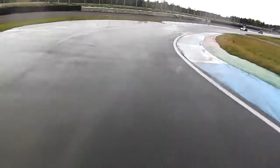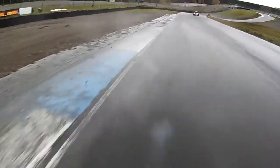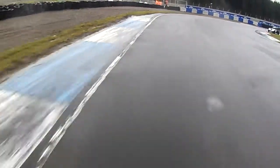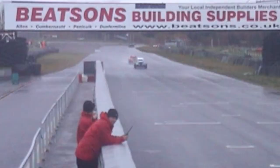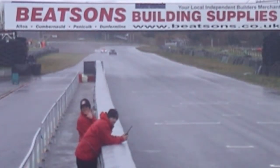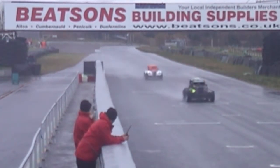Good line through the chicane, short shifts on the exit, good compression through Butchers and up the hill, and you can see him starting to put a bit of a gap into the 2012 Scottish champion already, starting just to pull away from Carol, and Carol in turn looks like she's got her head down and is starting to pull away from Heinz now, as the cars all flash past a couple of eager beaver spectators on the pit wall, wrapped up in their high-vis wet weather gear,